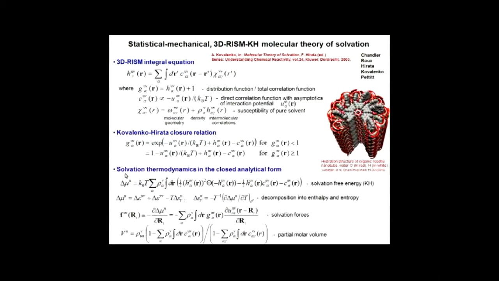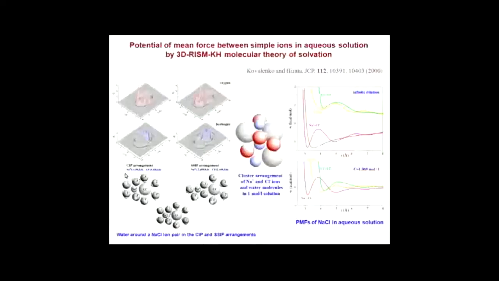Here is my own closure relation, which nicely works for systems of interest. So for details, you can go to textbooks that are available for this area. So a very basic example, simple system. It's sodium chloride, which we use on an everyday basis. So sodium and chloride ions. We solve these equations, get the distributions pictured as 3D maps in those four cuts,